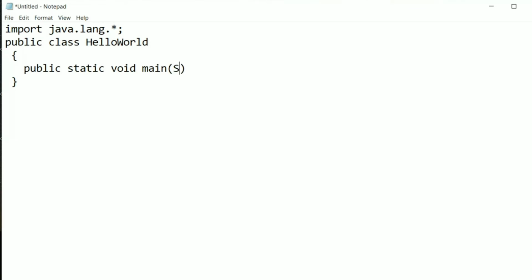In brackets we have to write the command line argument, String args. In the next line we have to write the print statement: System, as always should be capital, dot out dot println, bracket, in double quotes write Hello World.